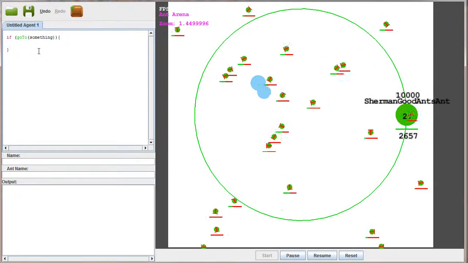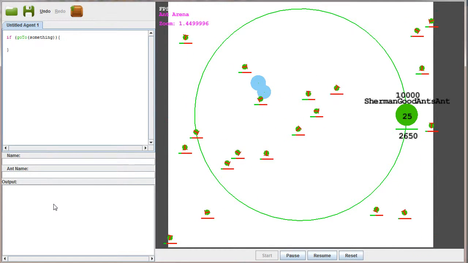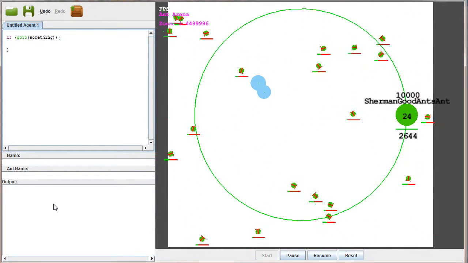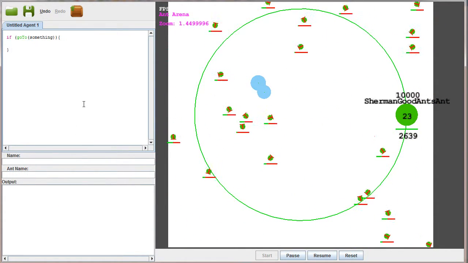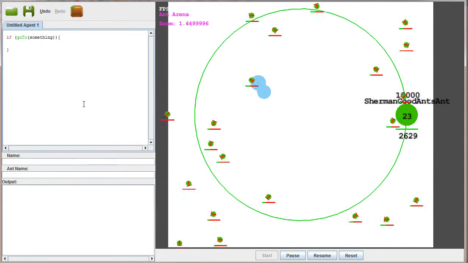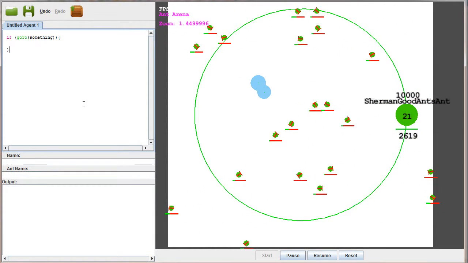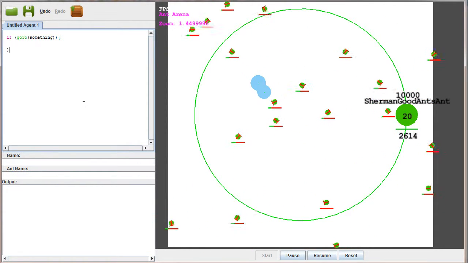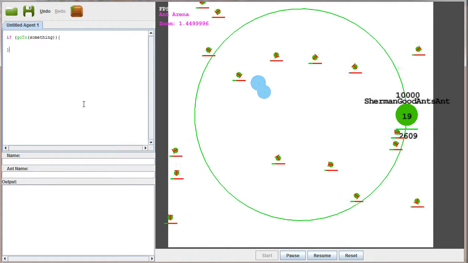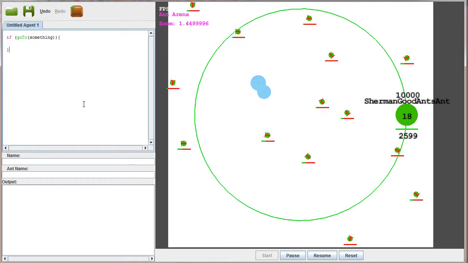It's a little hacky, but it works. And below we have a small output for where you can get your compile time messages if you've done it wrong. This is still Java, except that your code is taken from this editor and put into a template, which is then compiled off, and that template contains all of the rest of the boilerplate you need to actually have a valid Java class,